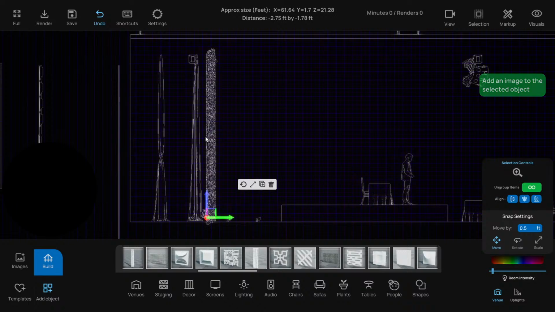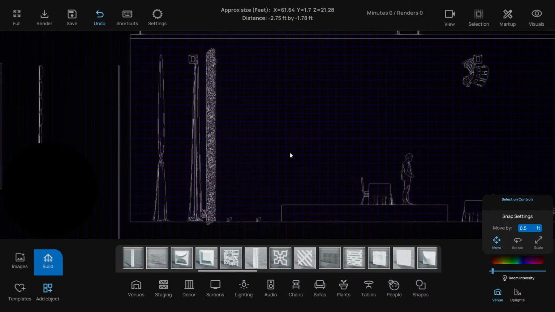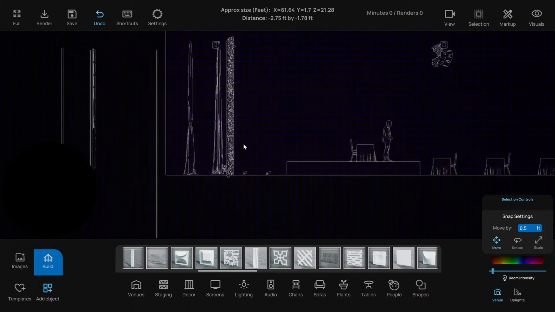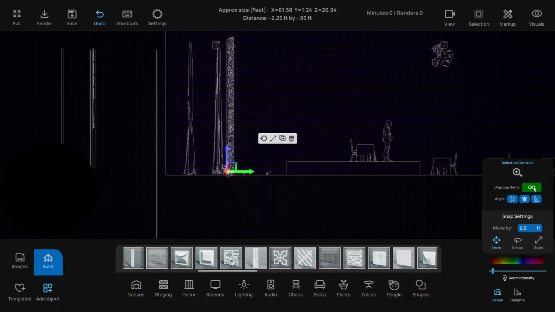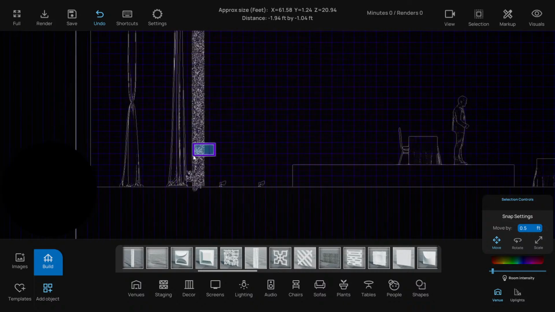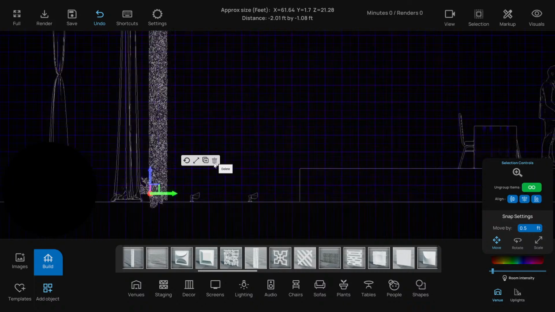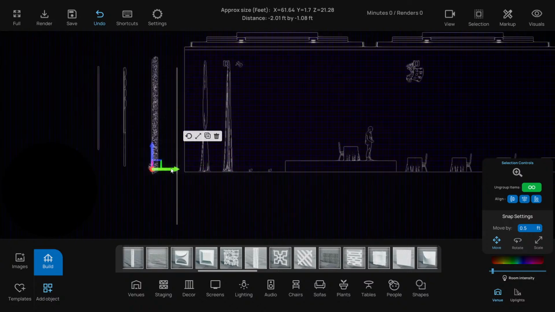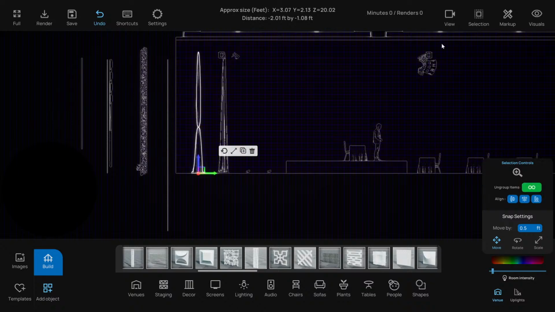Maybe I did already group them. Did I already group them? Oh, I might be selecting the wrong thing. Ungroup items. Just move them all back, I guess. So I'm going to move them back, and then